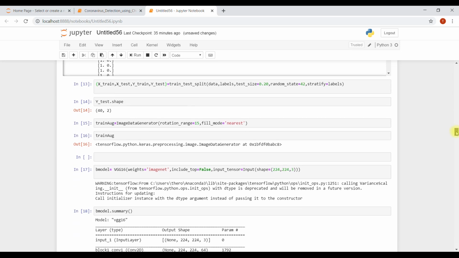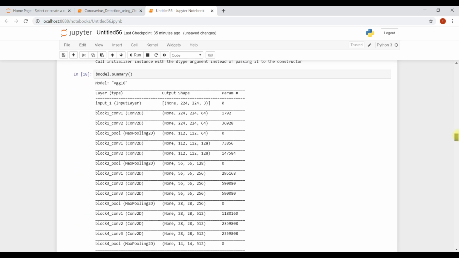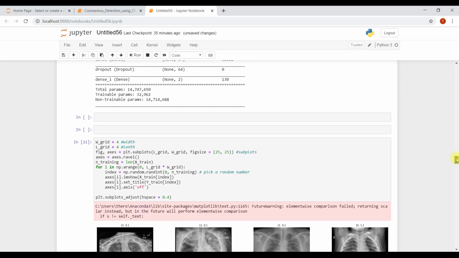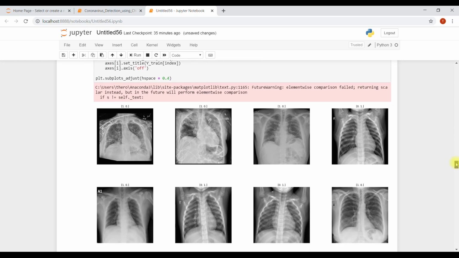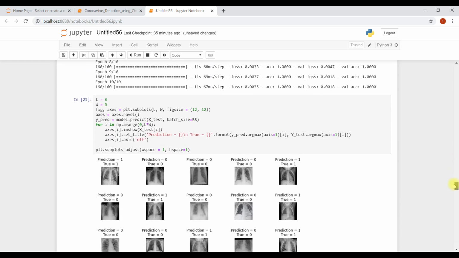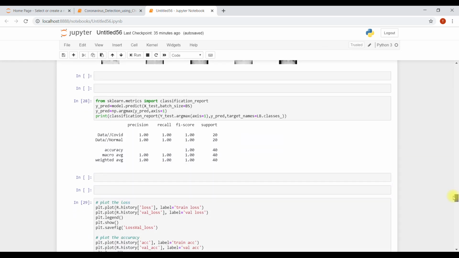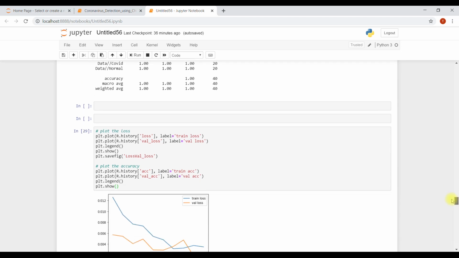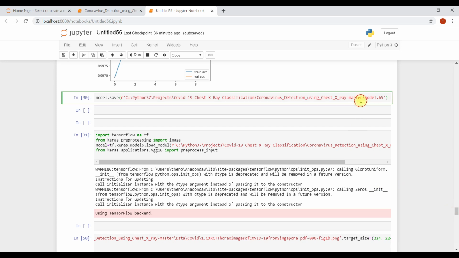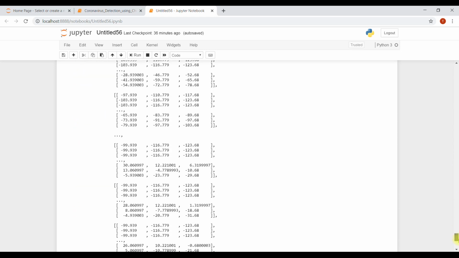Then you split into training and testing. You use the image data generator to generate more data. You make the CNN model with transfer learning, and then you can plot them like this. Then you compile and start the training, and then you can plot the true values and actual values. You can have a classification report, then model.save, and then you can test it by loading the model, and that's how you can test it.